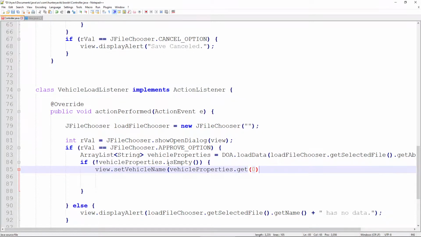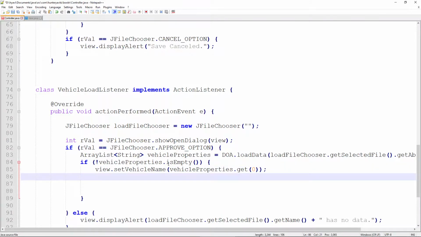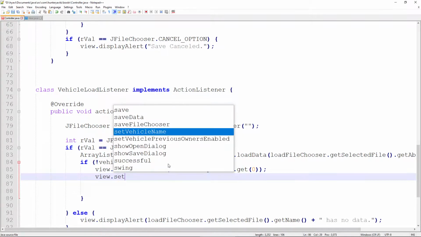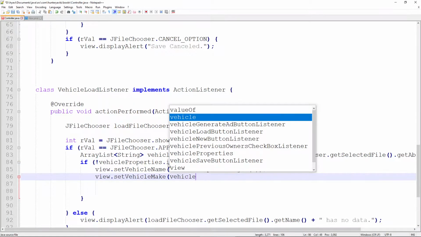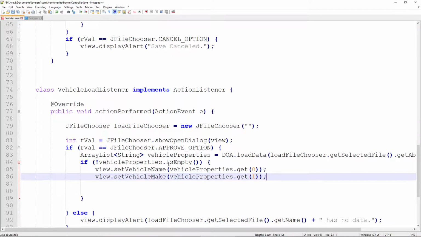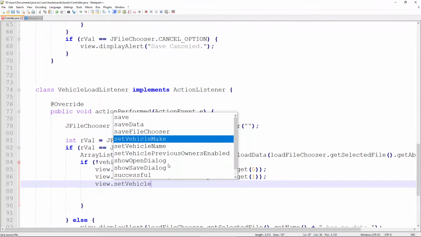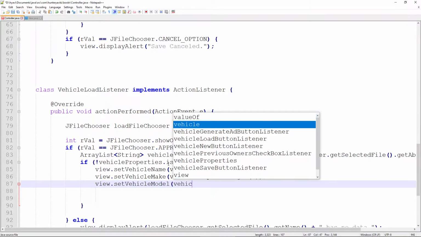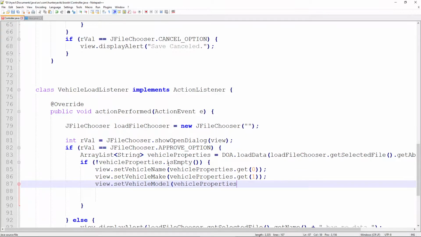dot get 0, and we know that the index of these are going to be correct. They're going to be saved and loaded in the same order, so we can just basically go through the indexes of this array list in order. So we know that the name is going to be in 0, the make will be in 1, the model in 2, so on and so forth. So we'll do set vehicle make, and that's going to be the vehicle properties, and we're going to get whatever's in location 1. Set vehicle model, vehicle properties, dot get 2,